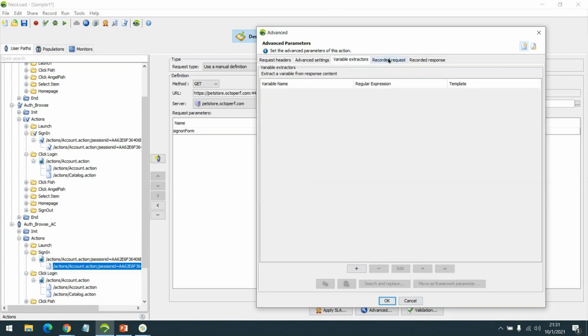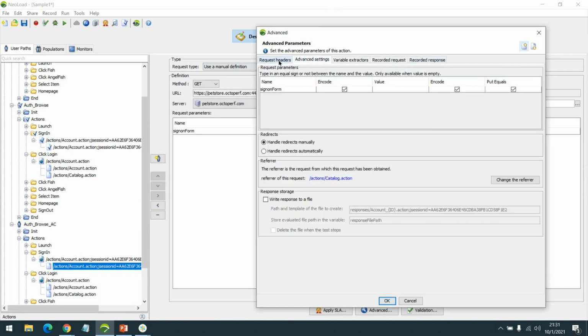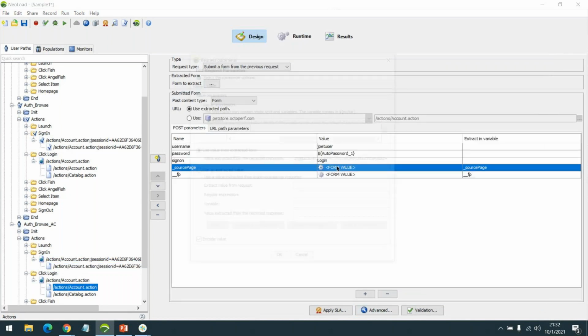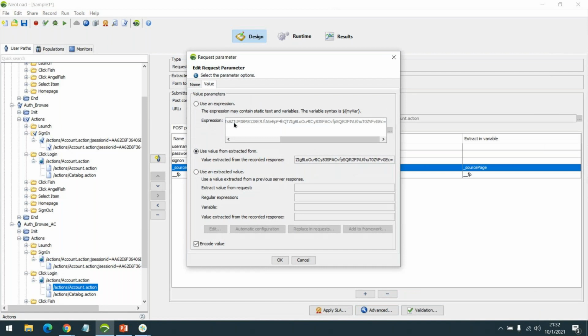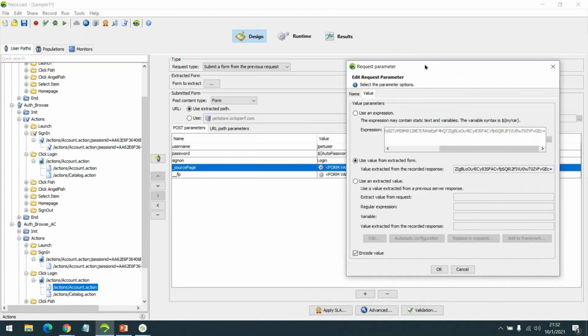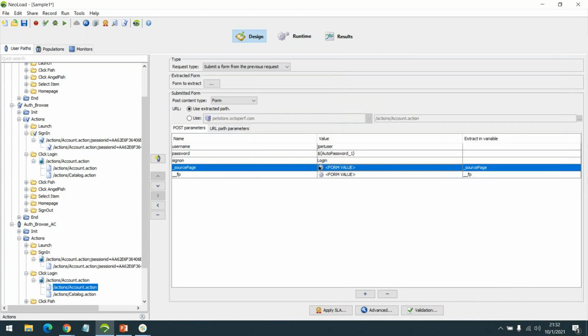Wait, let me check. So what happened here is NeoLoad has created its own way of extracting those two values. It is extracting it from right here, as you can see the gear symbol.